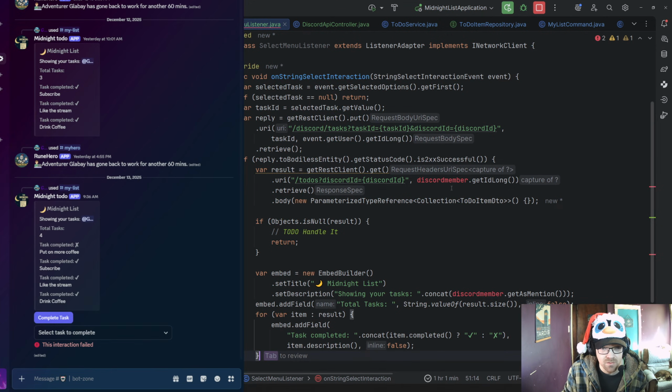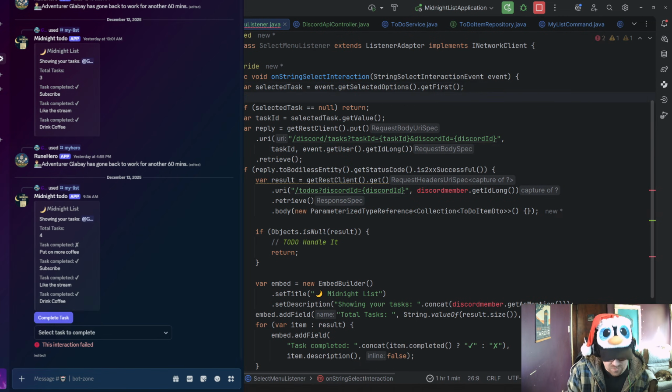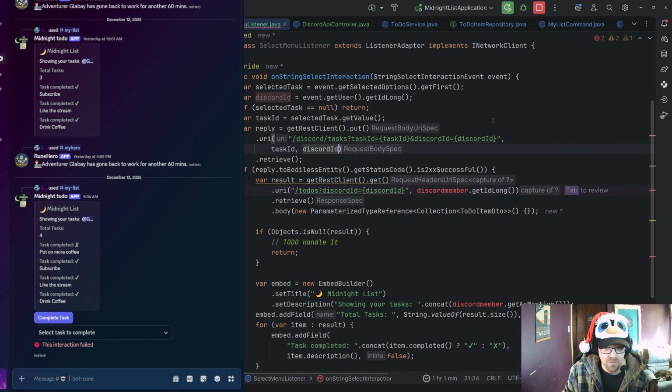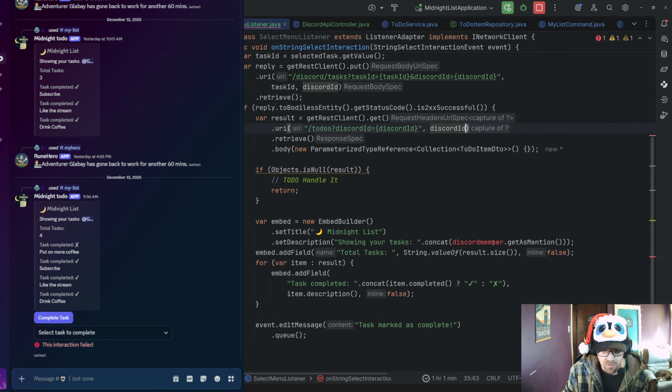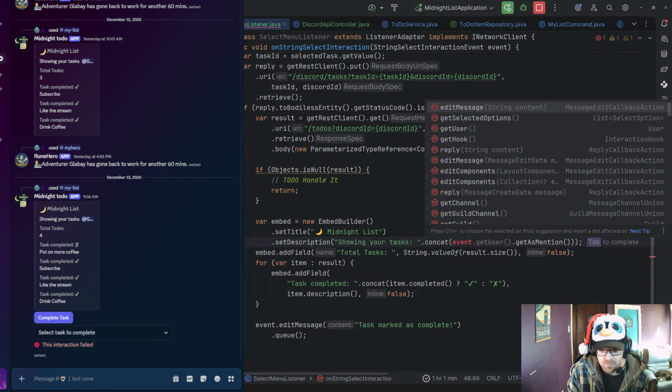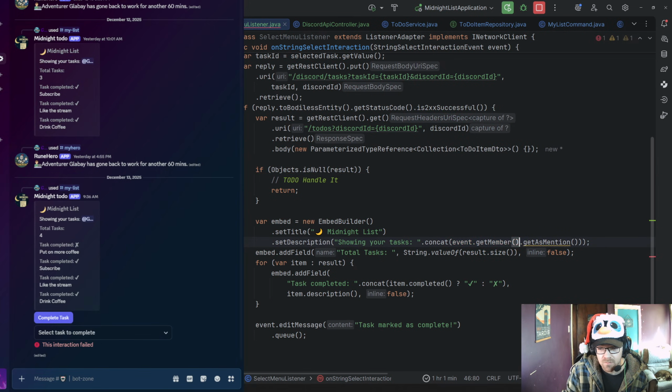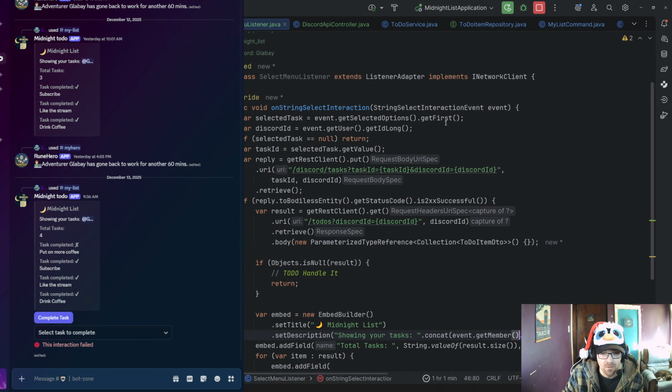fetch the list of to-dos. And this is going to be Discord ID. So I'm going to go up here and say Discord ID. It's going to be equal to this. That's going to take that. That's going to take that. And then we're going to come down here again and say dot